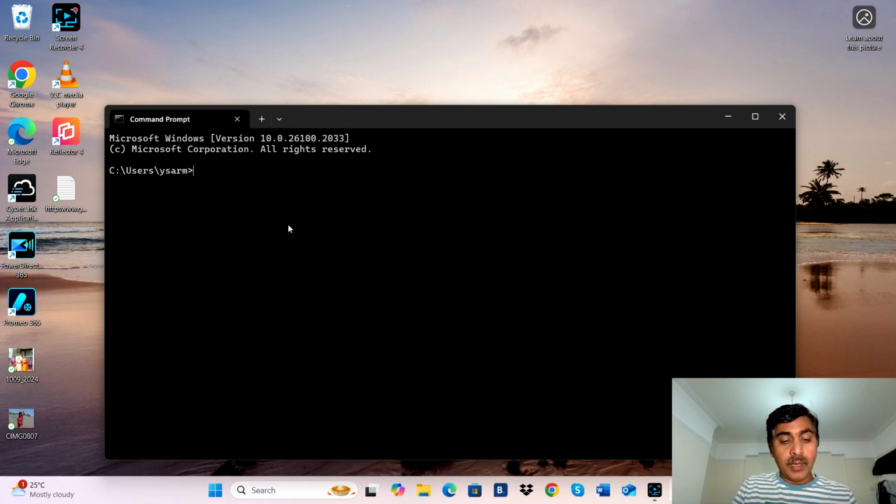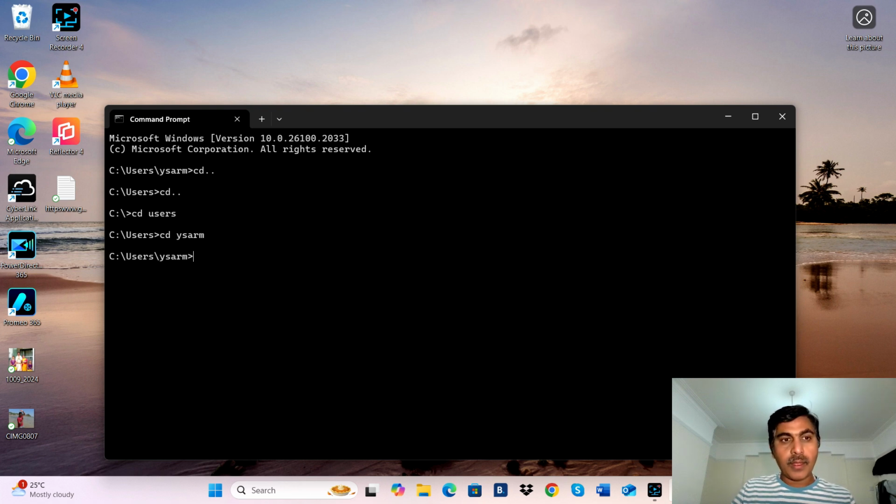Basically, for example, if you want to come out from the directory, you can say cd dot dot. That takes you back to the previous directory. You can even come back from there, just cd dot dot. Again, you move back to the C drive. If you want to go back to the same folder, you can just say cd users. See, that will take you back. And again, if you want to go to your user, cd